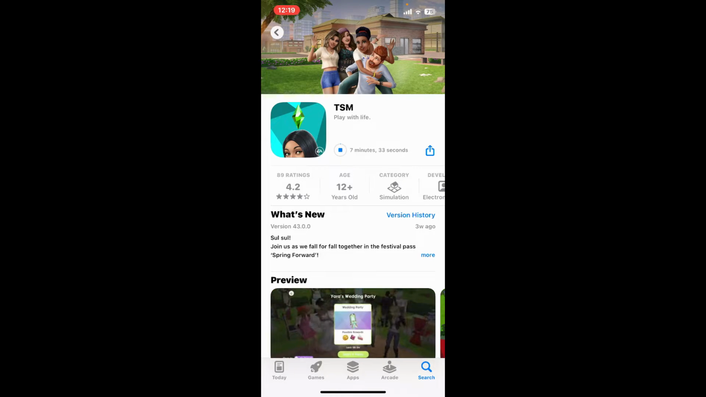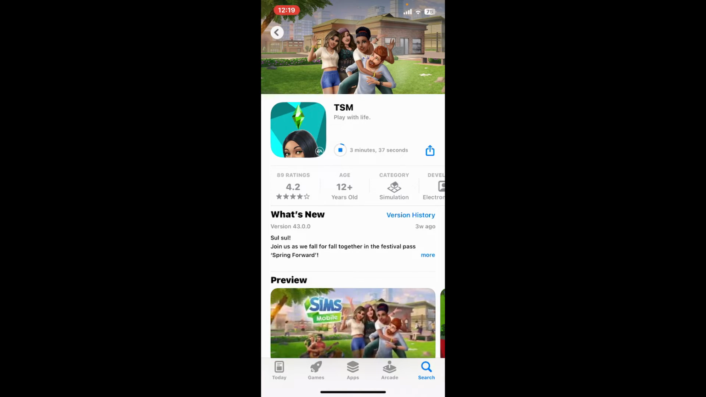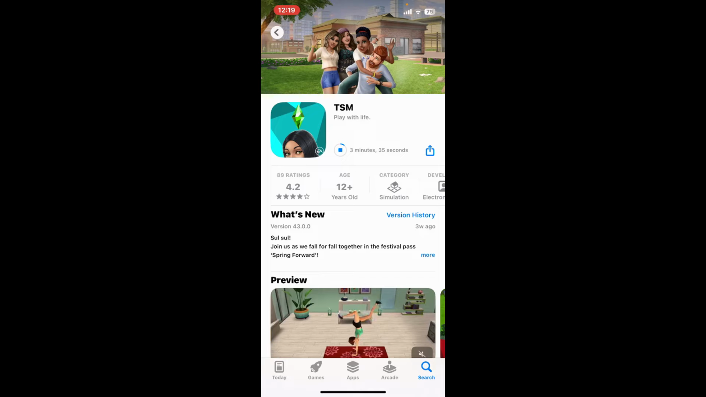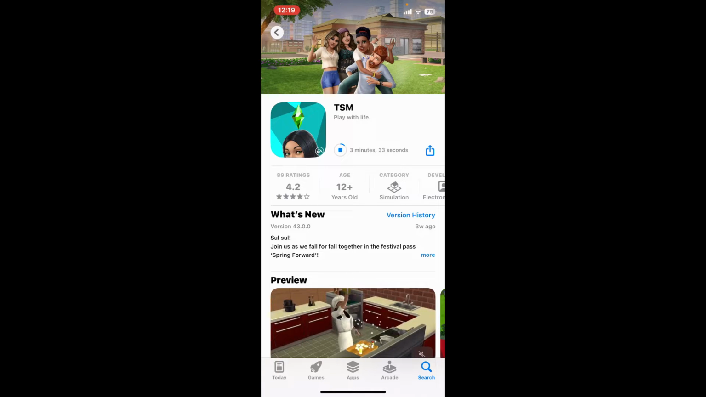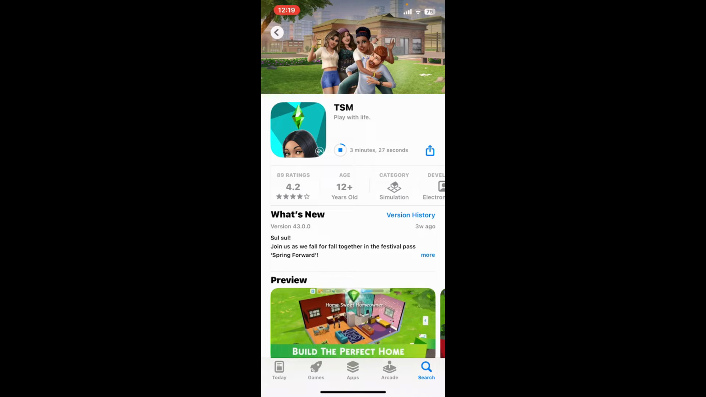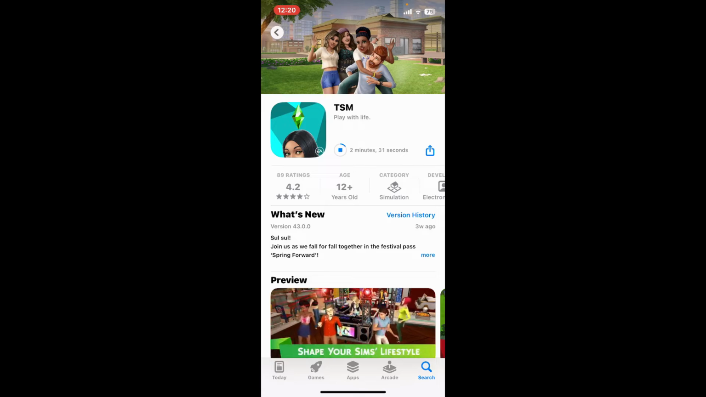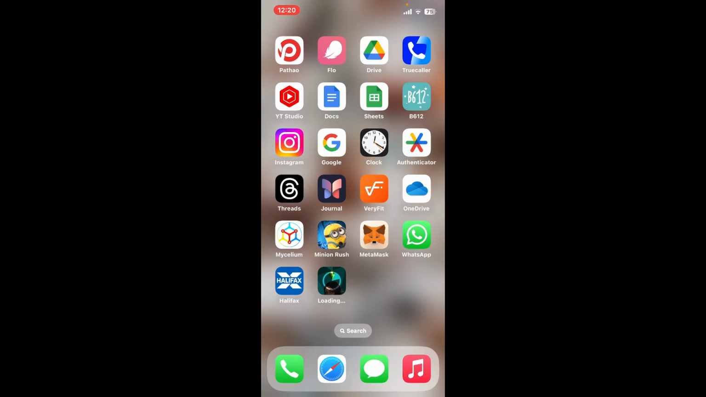upon your internet speed. The Sims Mobile is a popular life simulation game developed by Maxis and published by Electronic Arts. It is available for mobile devices running iOS and Android operating systems. In the game, players create and customize their own virtual characters known as Sims and guide them through various activities and life events. Once the application is downloaded, tap on the Open button to open the Sims mobile app on